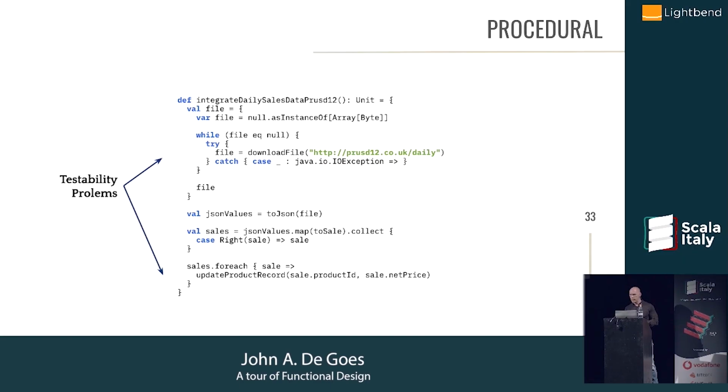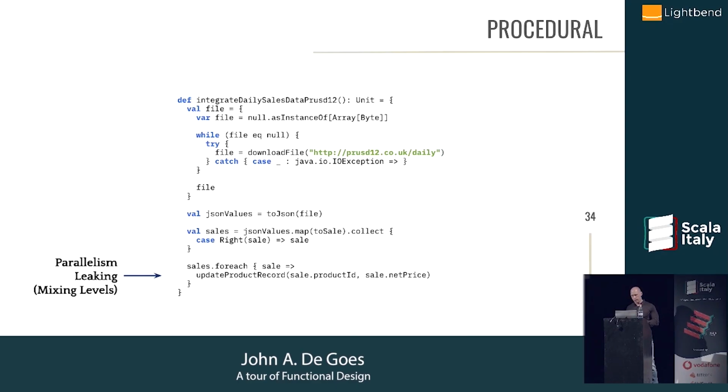We're going to have some obvious testability problems, which we can solve, obviously. We know how to solve this. You use Mockito or one of the other numerous mocking libraries out there, JMock and so forth, the Scala mock, all the Scala stuff out there. But nonetheless, it's not easy to test code like this. And if this were 100 lines of code instead of this, it'd be even more complex.